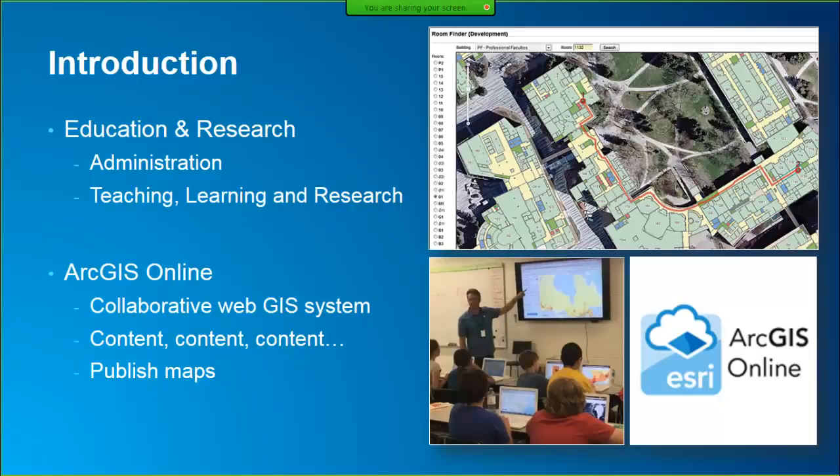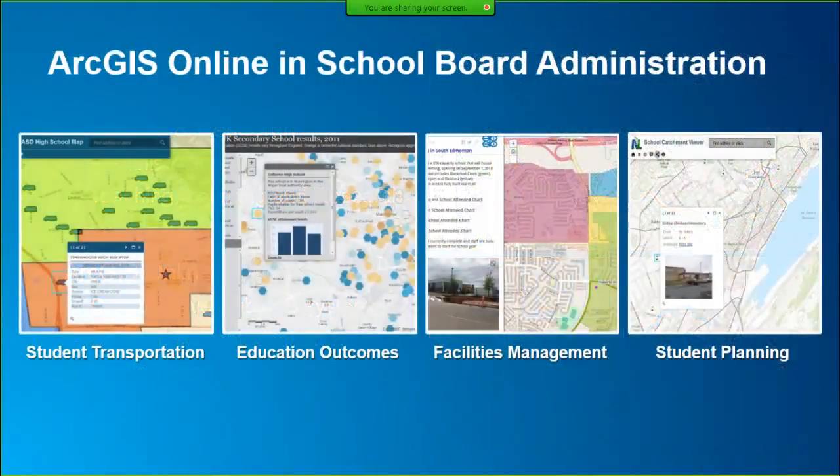So let's now explore how ArcGIS Online is used in school board administration. From my work with school boards across Canada, I've learned a bit about your job and responsibilities, specifically where it relates to GIS. And I've taken my stab at categorizing some of these applications of GIS into specific use cases. So they are student transportation. This is which students are assigned to which bus, where is their bus stop,